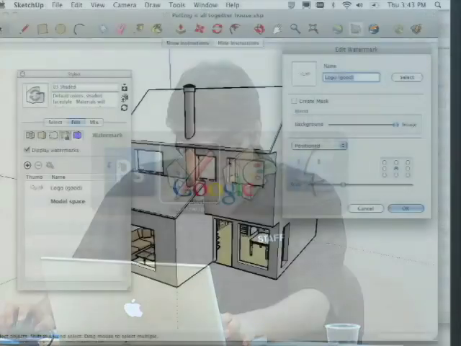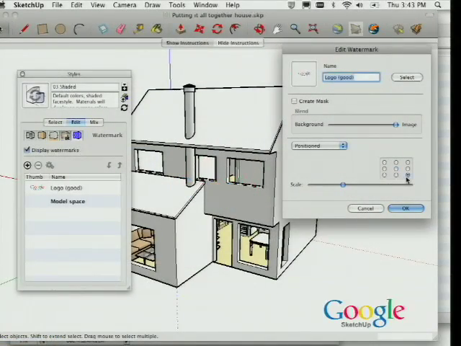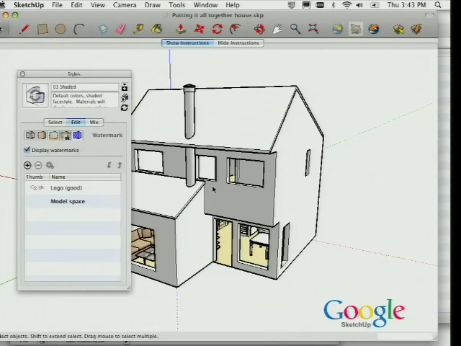Okay. Let's go back here to SketchUp. I'm going to put it back down in that corner and say OK, just like that. And